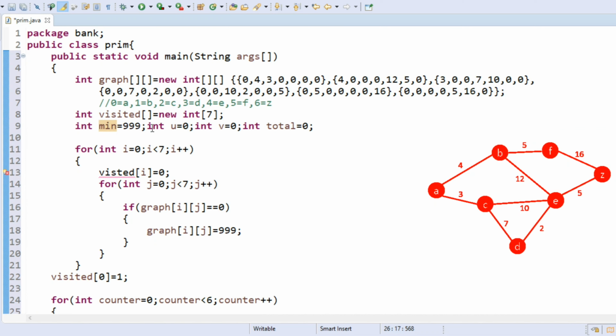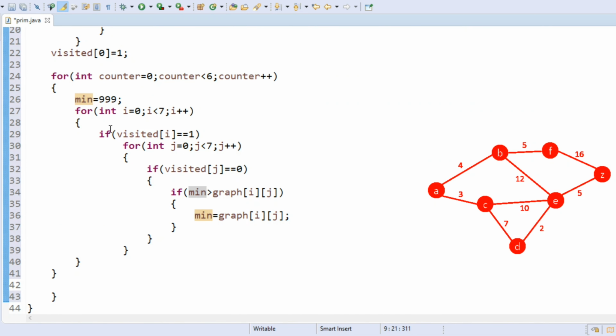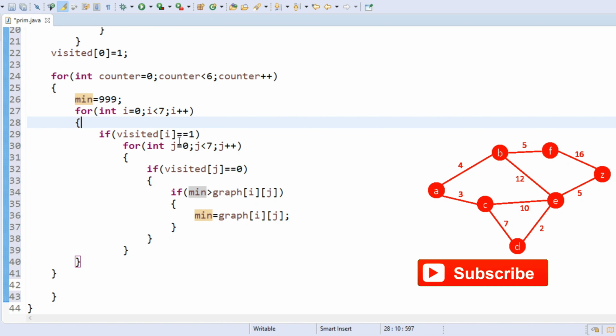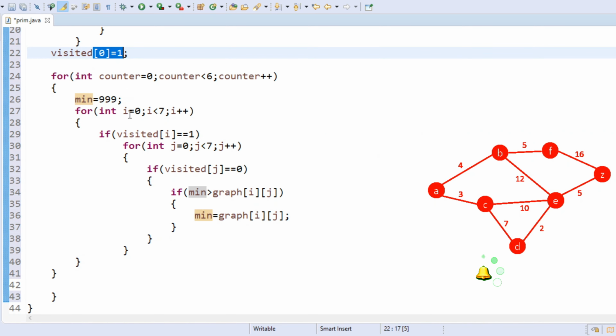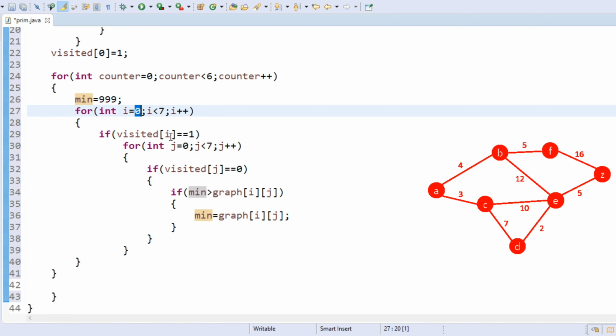So actually here I already represented the minimum, and I am taking the for loop for finding the edge values. That means which is the minimum edge value. For int i equals to 0, i must be less than 7, i plus plus. If the visited of i double equals to 1, that means we are taking the source node, that is the initial position. So for i equals to 0 and j equals to 0, that means graph of 0 0, that is a node. So a node value is nothing but 0. Okay, I think so you understood it. So the a node value is 0.